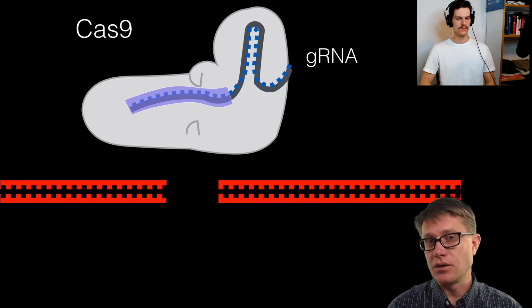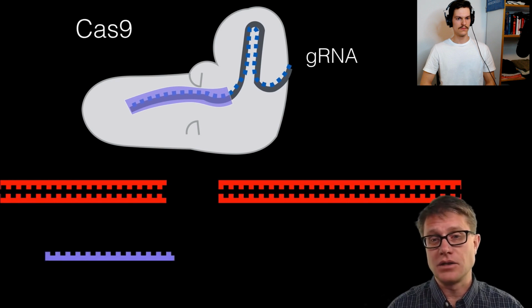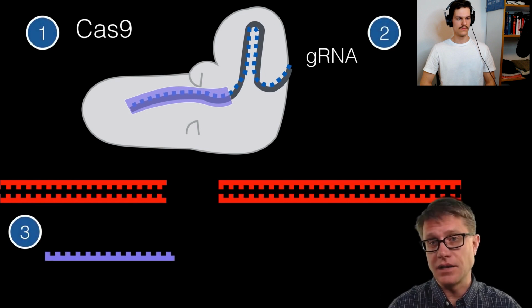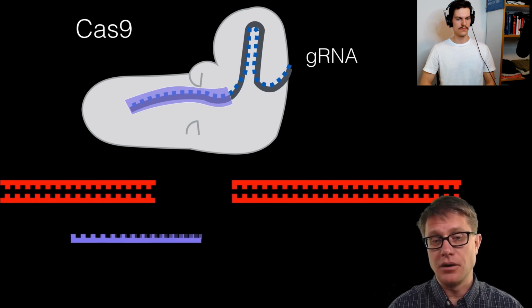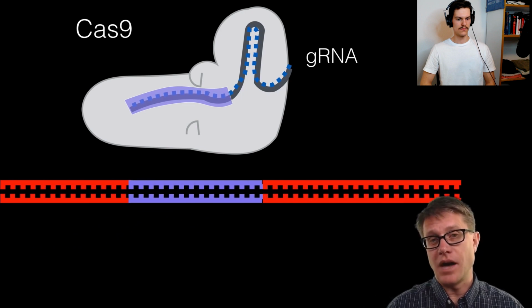Now let's say we want to make this more complex. Not only do we want to break a gene, but let's say we want to insert a new gene. Well, now the system's going to have three parts. We've got the Cas9, we've got the guide RNA, and then we've got the host DNA that we want to put in. So as we break the DNA, the host DNA is going to be added, and then the DNA is going to fix it. So essentially, we've added the gene to the cell. Now, what's cool about the CRISPR-Cas9 system is it does this in living cells,